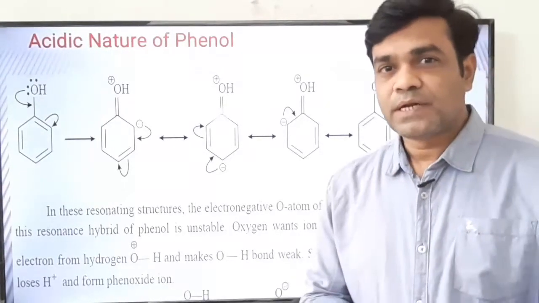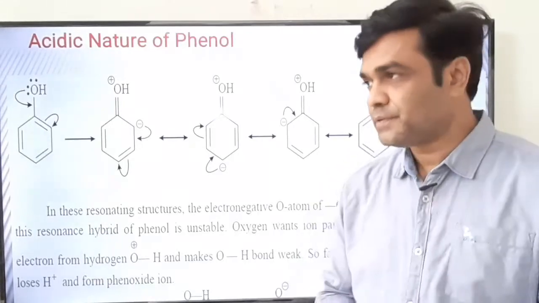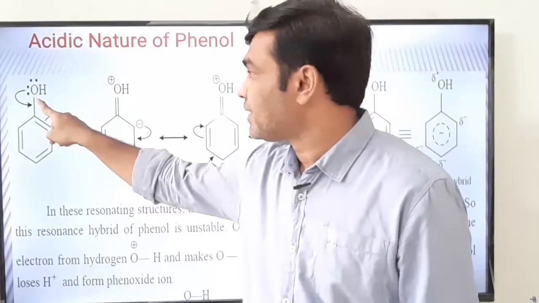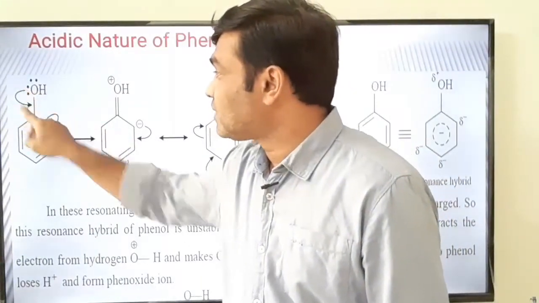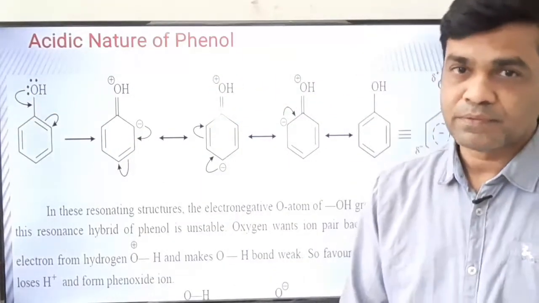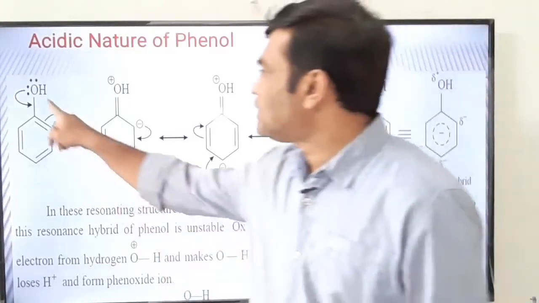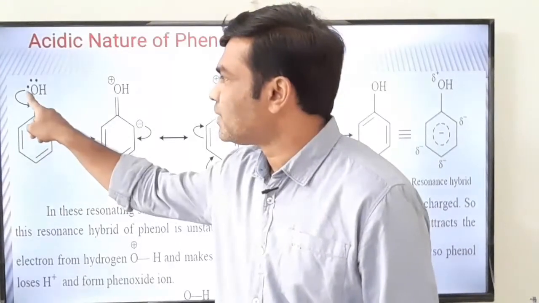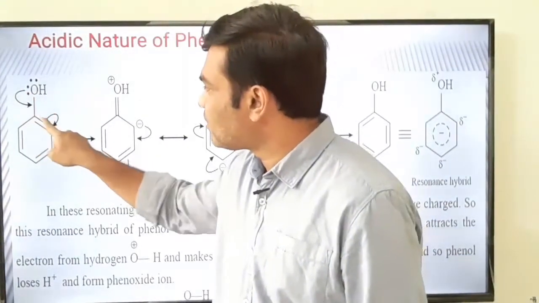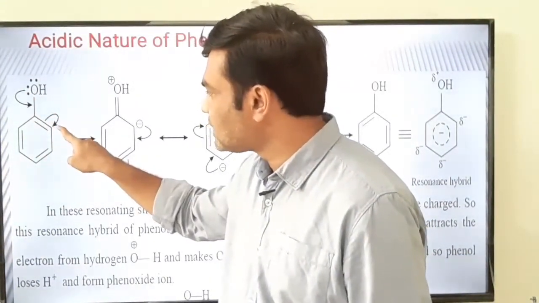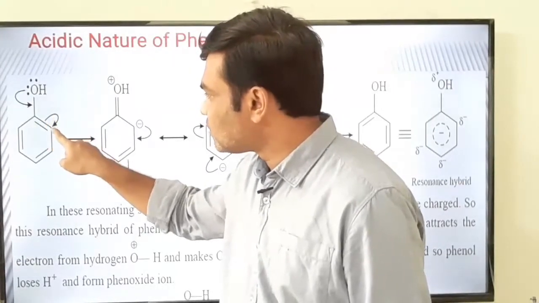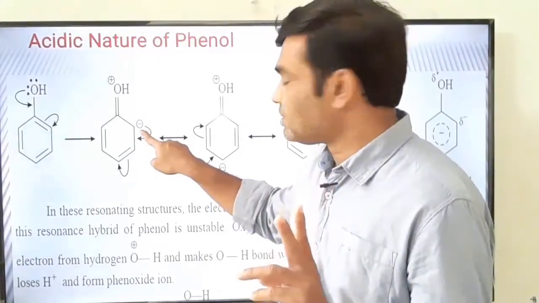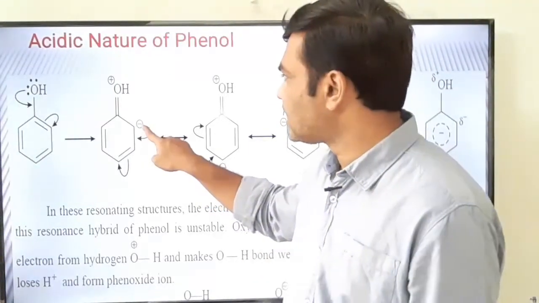Why does the phenol donate H positive ion? That is interesting to see. See here, this is a phenol. Oxygen has a lone pair of electrons, you know. So oxygen donates its lone pair here. There is a formation of a pi bond. The lone pair of the oxygen is utilized in the formation of the pi bond. This pi bond opens on the oxygen-carbon. That's why these two electrons will open on this carbon. This carbon has two excess electrons, which we can write in the form of a negative charge also.